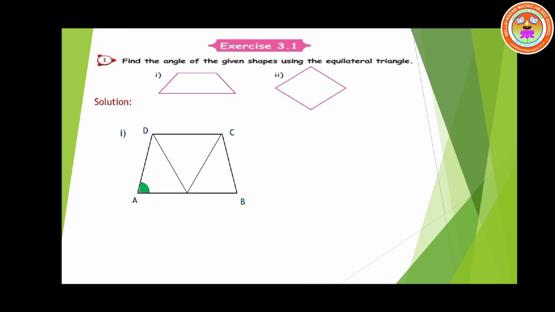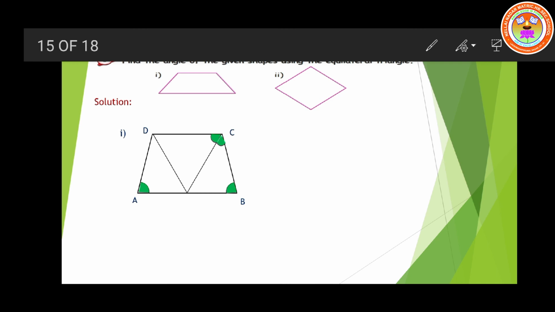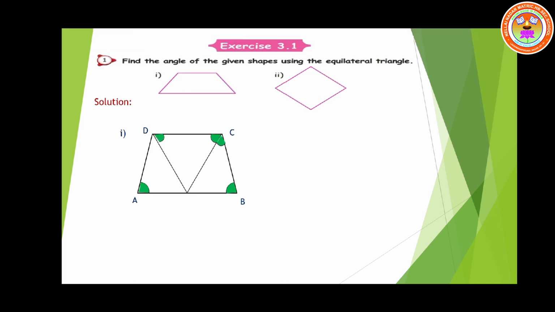So here I mark the angle for the vertex A. Similarly for vertex B. But for C, there's a line dividing the angle, so it has 2 angles. The angle is partitioned into 2 angles. Similarly for D. So there are 2 angles. The angle is divided into 2. Now, here at the center, you have the 180 degrees formation.